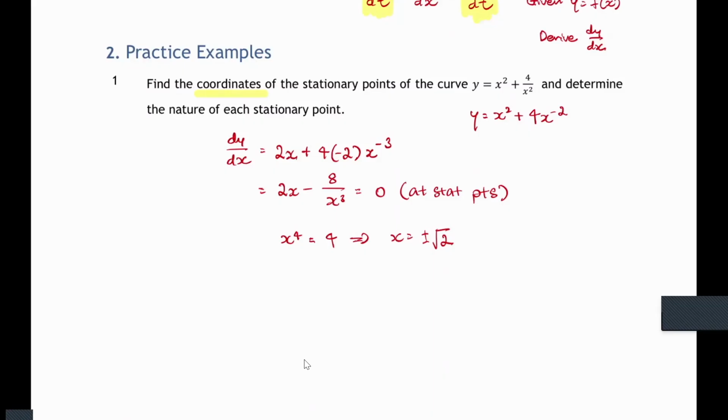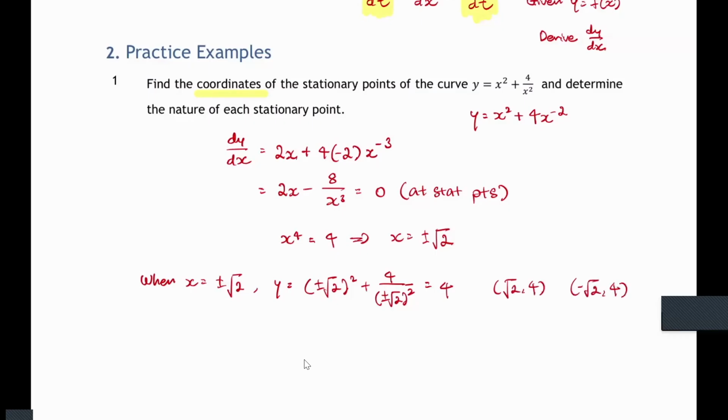That's quite simple. We just take the x values we solved and substitute inside. So when x equals plus minus root 2, we substitute that into y, we'll get the same y value because it's squared. So that means originally if it's plus or minus, it doesn't really matter. y equals plus minus root 2 squared plus 4 over plus minus root 2 squared. This will just give me 2 plus 2, which is 4. Can? Both of them will give me the same y value. So therefore, I know the coordinates are root 2 and 4. Next one is negative root 2 and 4.